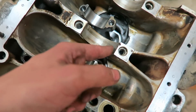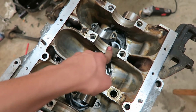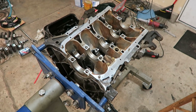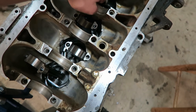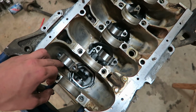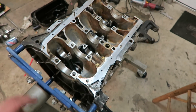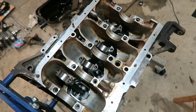I want to make sure I clean all that out of there because you don't want any oil in between this and the bearing. Nothing slippery, because you want that bearing to not go anywhere. Once I get everything cleaned off, I'm going to set the main bearings in right here on this bottom half and put the rod bearings in this half of the rod right here, set the crank down in there,